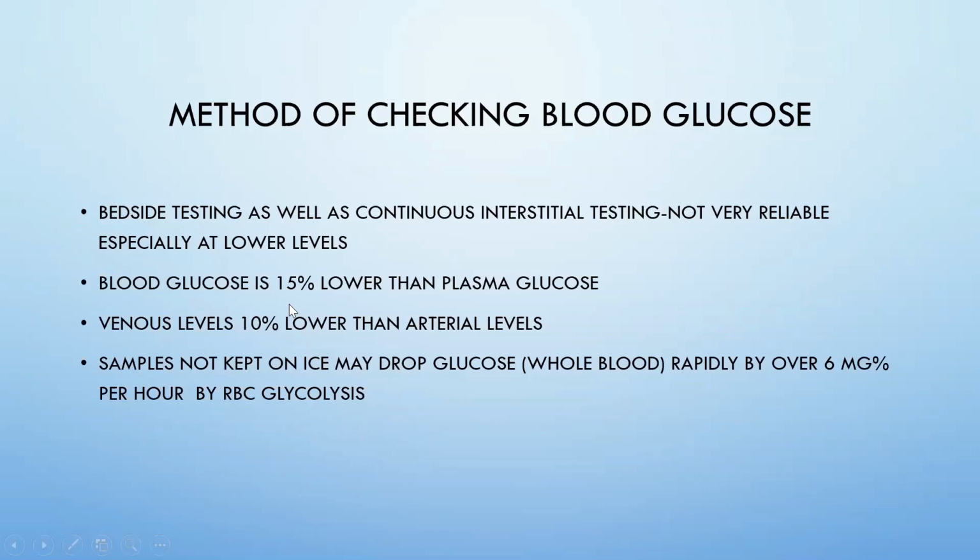The area where you sample is also important. A venous sample is 10% lower because the tissue has taken up some of the glucose. A capillary sample may be in between, because the hematocrit is increasing and the arterial levels are higher. So depending on where you sample, it's important. The bedside tests are testing the blood glucose, and the lab testing is testing the plasma glucose. So obviously the lab test will be a little higher.